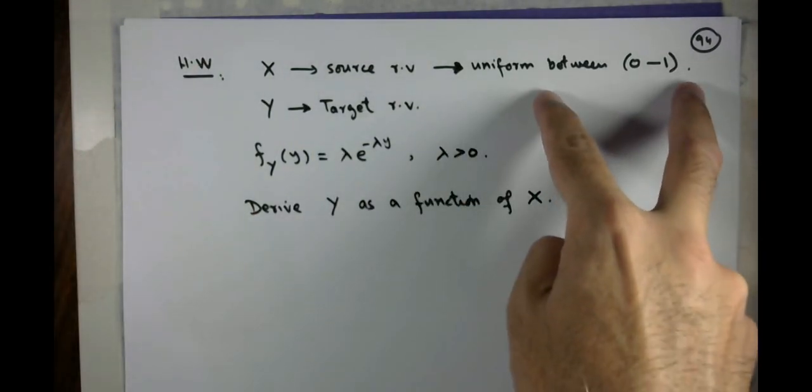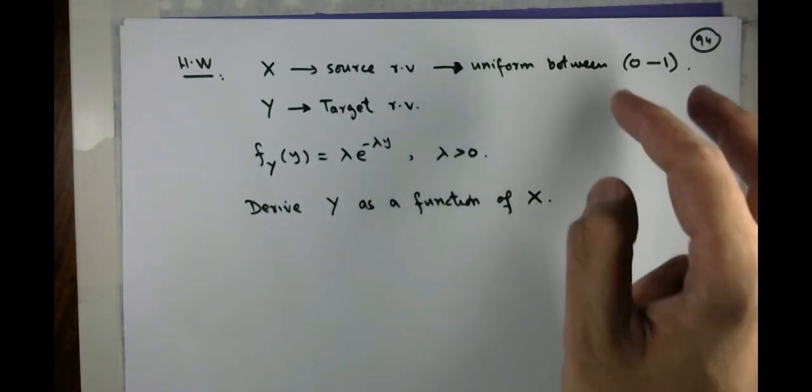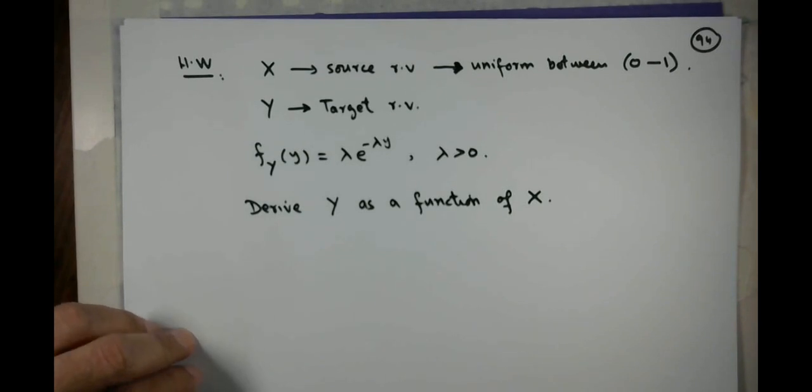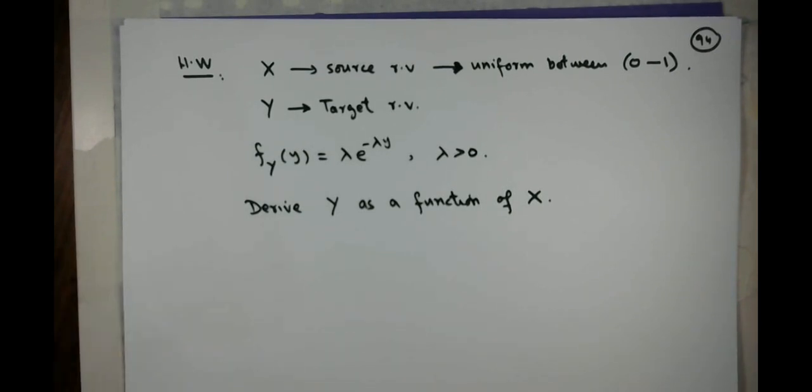It is uniformly distributed between 0 and 1, and you need to find the relation between x and y, or in other words, you have to write y in terms of x. This is simple, but it needs a little brainstorming. So please do perform this